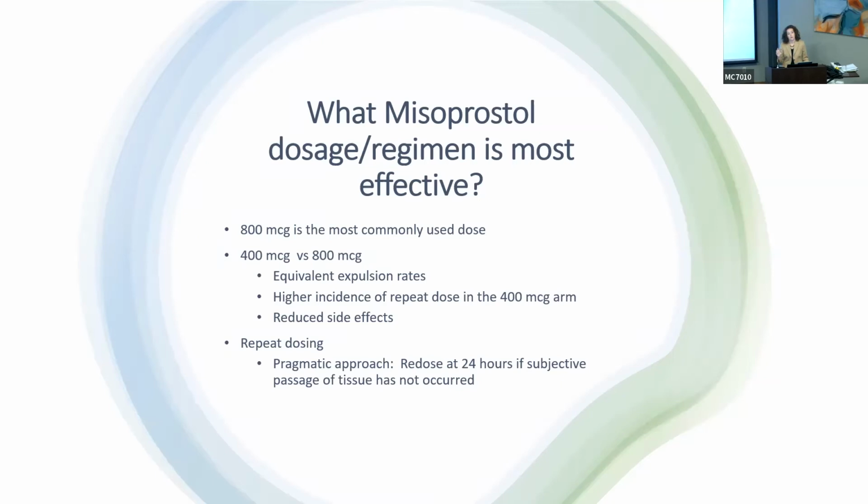In the Mifi-Miso studies, they used a very pragmatic approach to redosing. They would give patients a second dose of misoprostol, and if subjectively they felt like they hadn't passed the pregnancy tissue after 24 hours, they would just redose that medication. In the medication abortion world, we often will redose mifepristone or misoprostol immediately at 4 hours for gestations that are higher than 9 weeks, because there has been shown to be a higher expulsion rate with that second redose at 4 hours in those pregnancies. However, in the medical management of miscarriage literature, all 3 RCTs included patients with gestations up to 13 weeks, and they did not find a difference in the expulsion rate based on gestational age. So I don't think that that is something that's necessarily necessary in medical management of